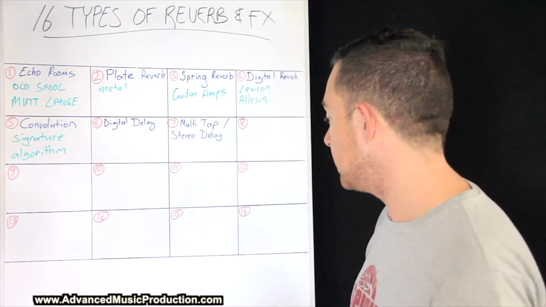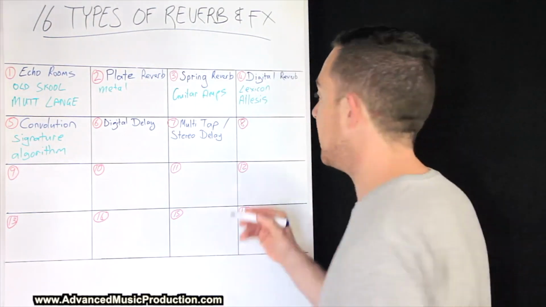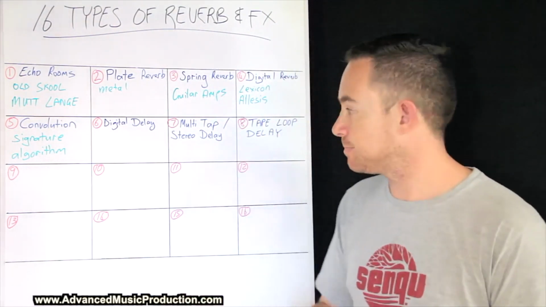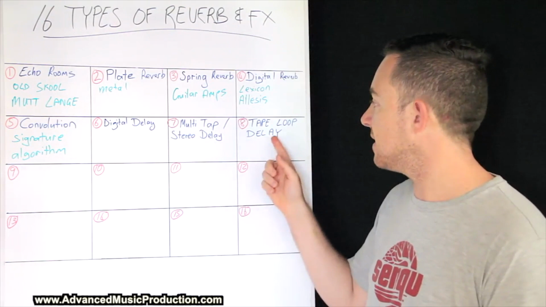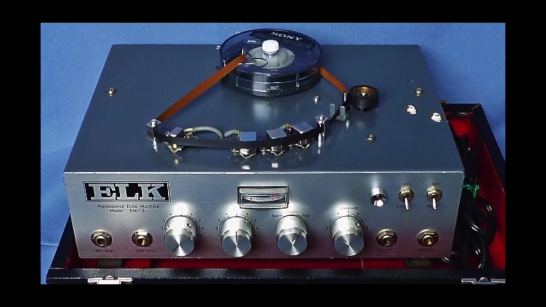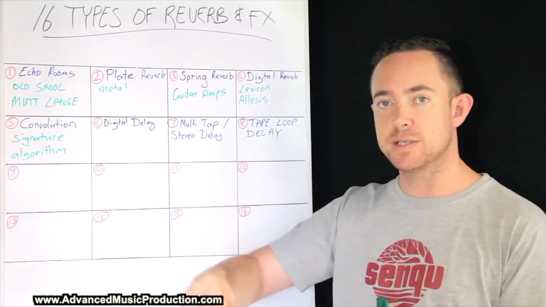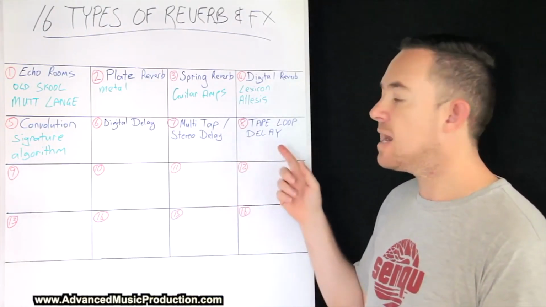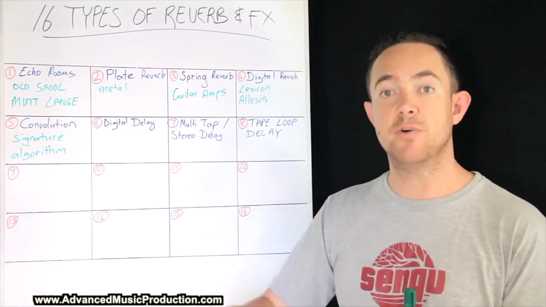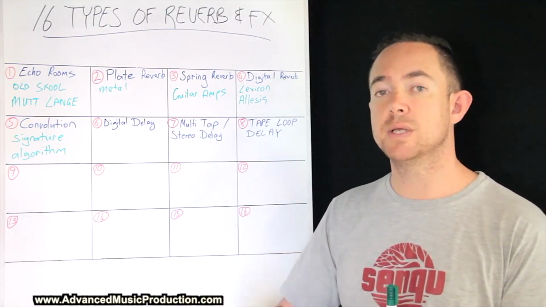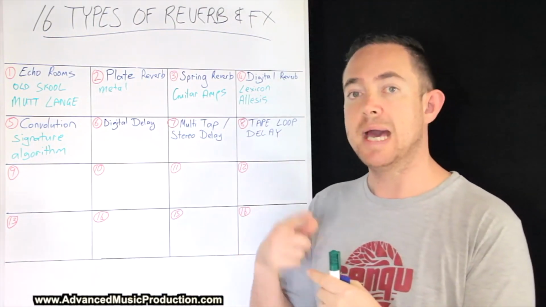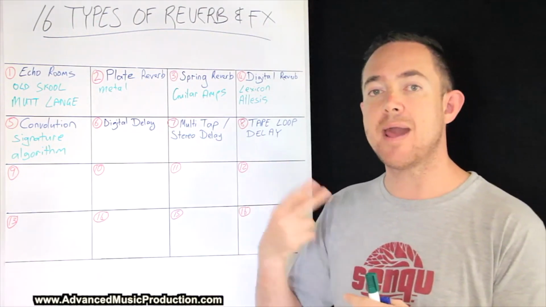And the next kind of delay is called tape loop delay. So tape loop delay is kind of going back again. We're going back to the origins of delay. And what they did was they figured out that if they took a piece of tape and put it in a loop, if they recorded something on that tape, it would repeat and repeat and repeat. So then they realized that if they sped up the tape, it would repeat faster. And if they slowed it down, it would repeat slower. So they could feed a sound onto this tape loop and get some kind of a delay or an echo.